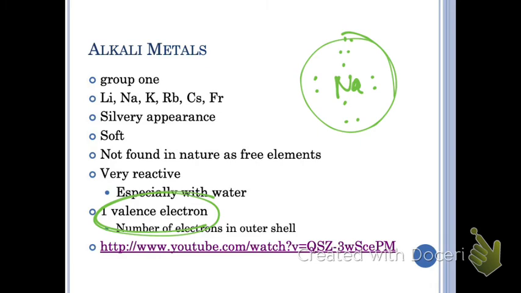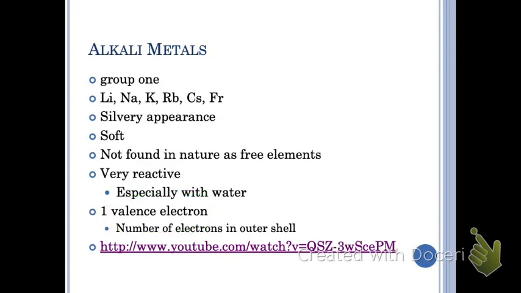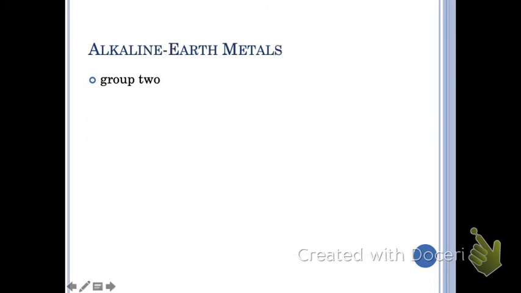Okay, I'm not going to go through the rest of the groups here in a lot of detail, but we need to understand that, following that same pattern, group 2, called the alkaline earth metals, has how many valence electrons, do you think? Group 2 has 2 valence electrons. So we're going to see that pattern come up over and over again. Group 1, all of those elements have 1. Group 2, all of those elements have 2 valence electrons.